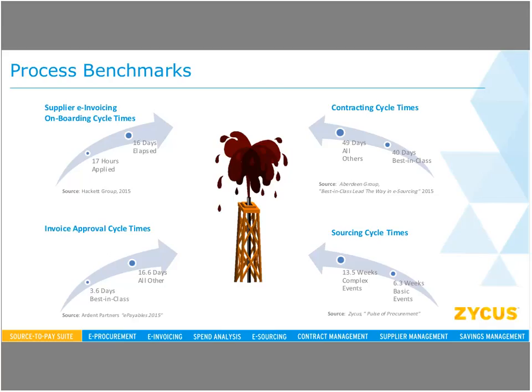So those are some performance benchmarks. We can also look at process benchmarks. Now, these are across industries, but everyone's focused on not only getting better performance, better effectiveness from procurement, but also better efficiencies when it comes to the process. How do we reduce cycle time overall? And across industries, if we look at starting with the sourcing cycle, which for more complex events tends to be somewhere in the 3 to 4 months to conduct a sourcing project,